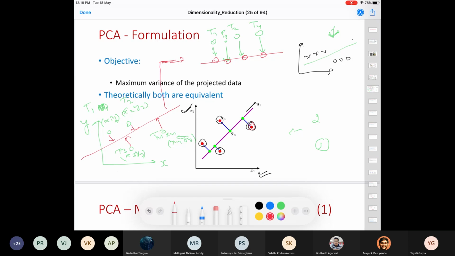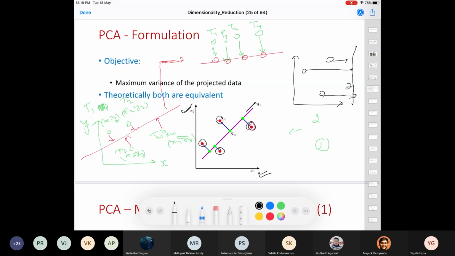So assume that I have another dimension. Let me redraw this. These are the data points again. What if I choose this dimension as the projection for my individual data points?